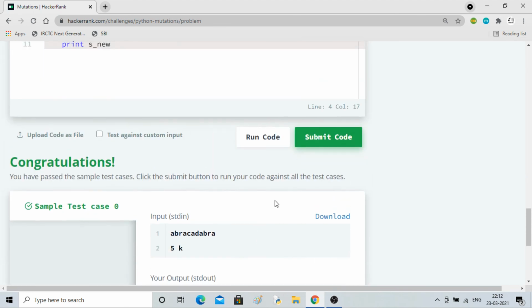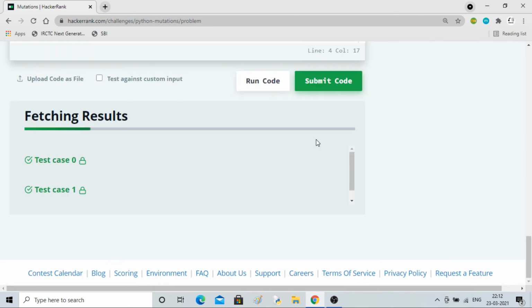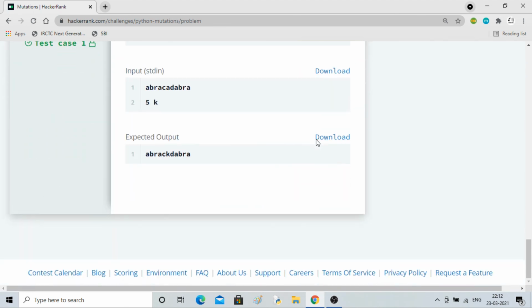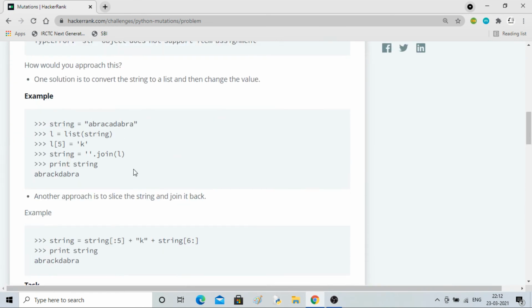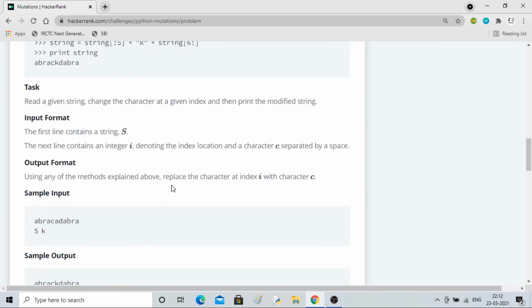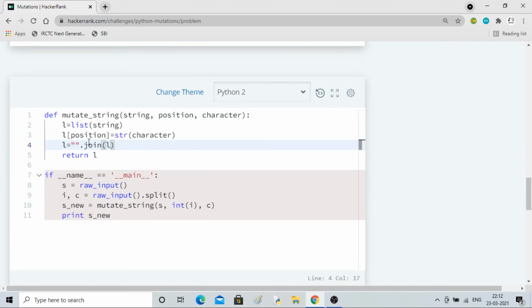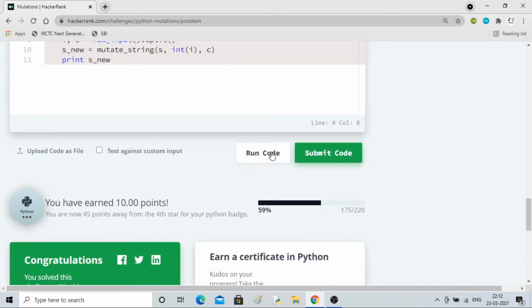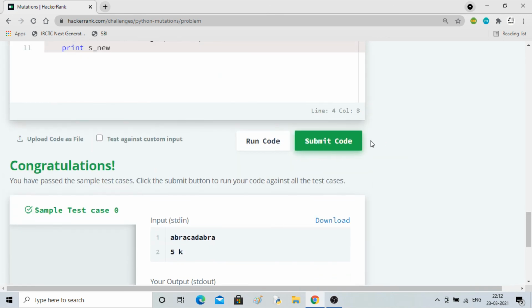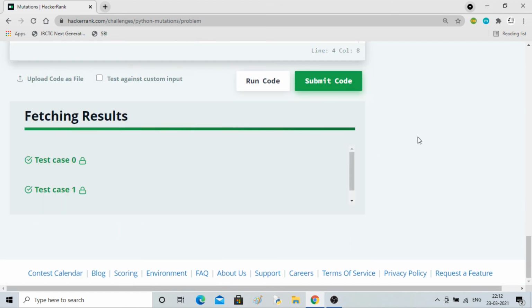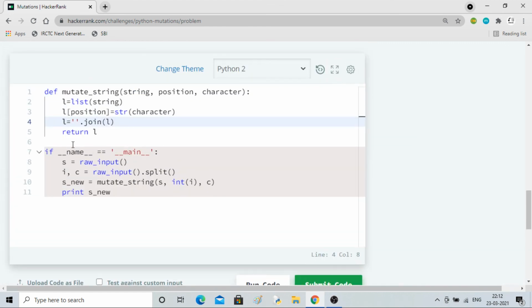Okay, sample test cases pass, both the test cases pass. So what I've done is I've just implemented this thing as it is. Here you can see, you can even use a single quote if you want, no issues, both are the same. So here you can see all the results are the same. Okay, just a simple thing.